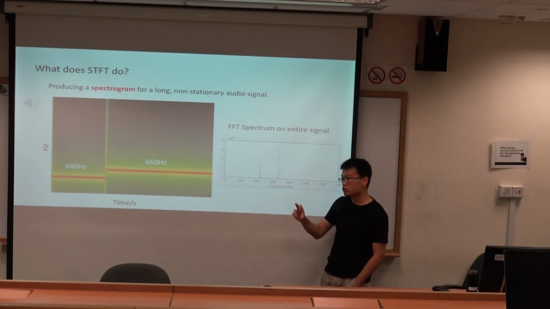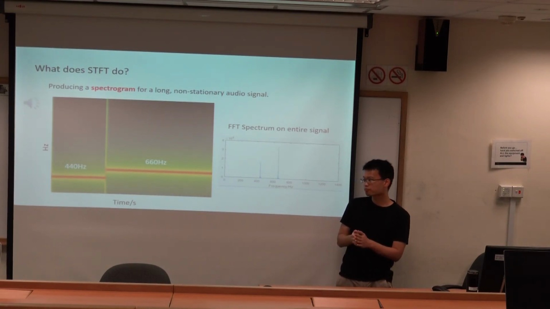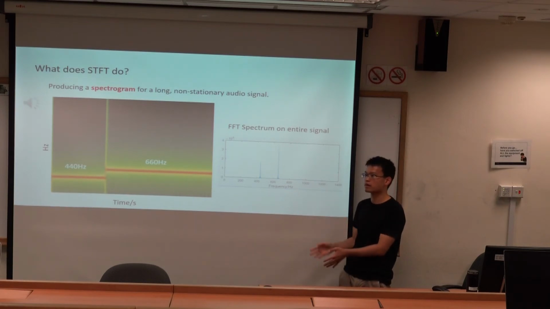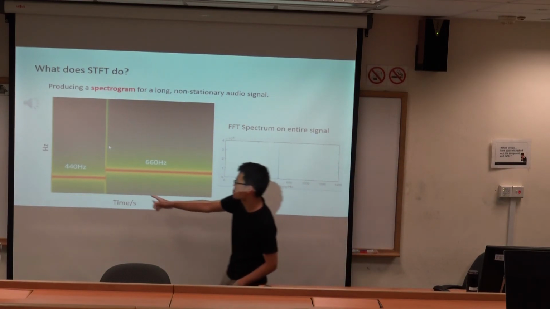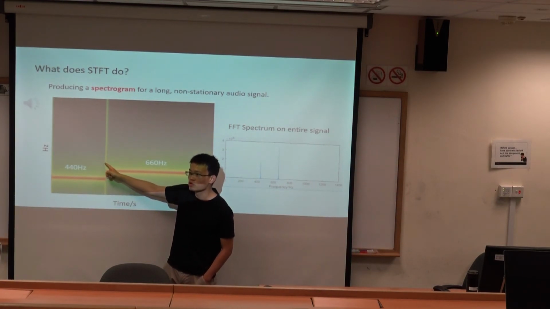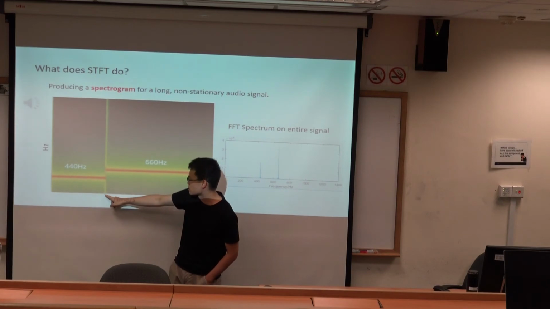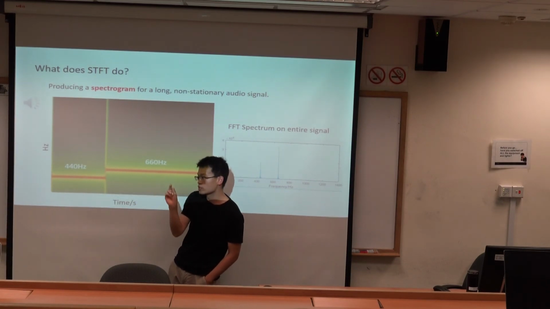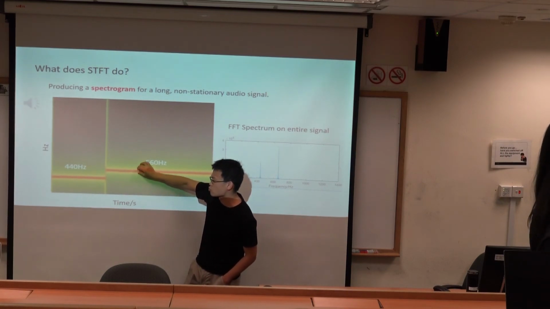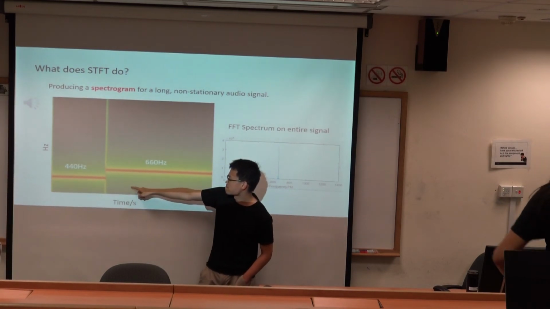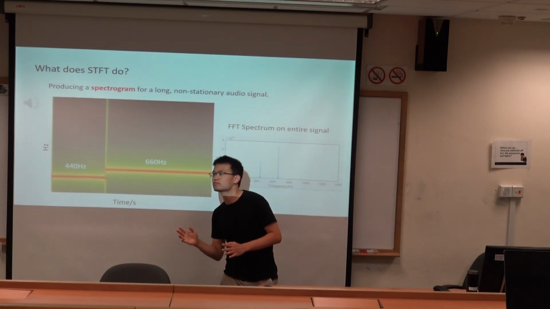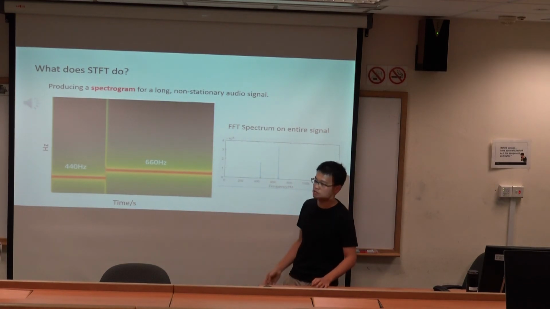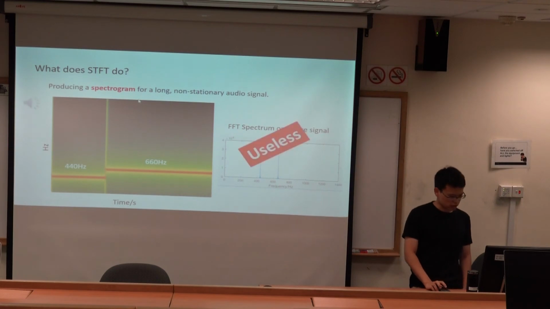However, if you decrease the frame length, you actually have more accurate time resolution, right? That means this transient will be more clear. We have a transient here, but we don't know what exact time it is. But if you decrease the frame length, the red line will be wider and the transient will be thinner. So that's a trade-off. If you choose different frame sizes, you have different spectrograms. Okay, the last question is,